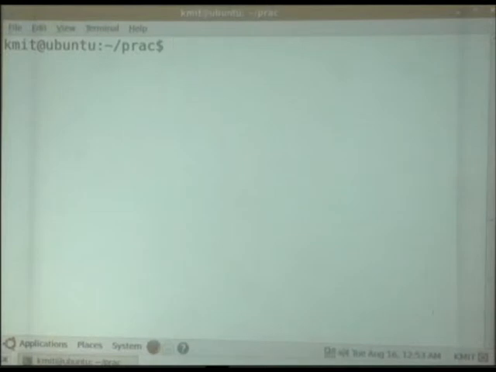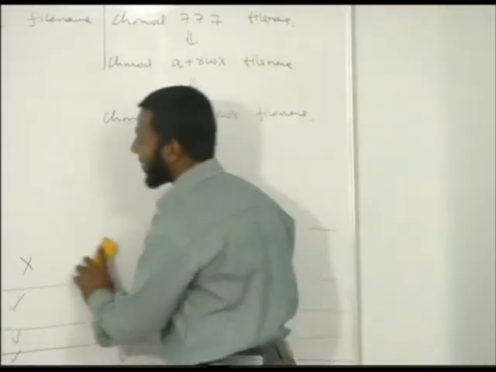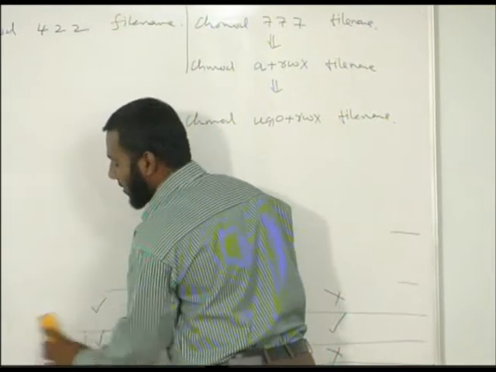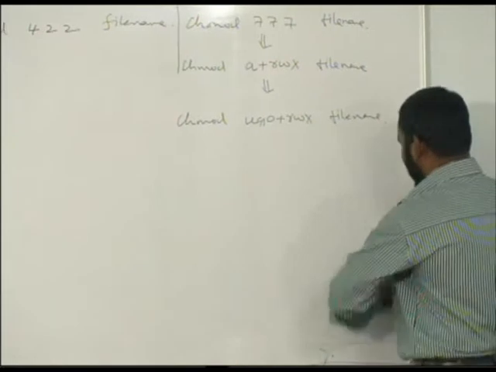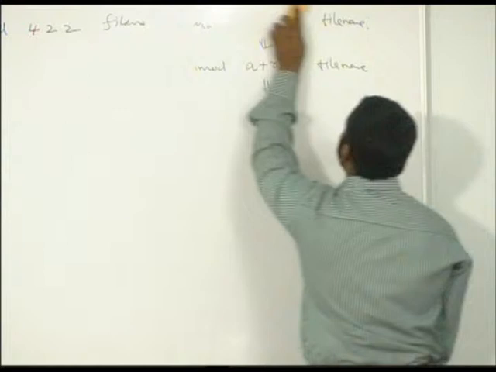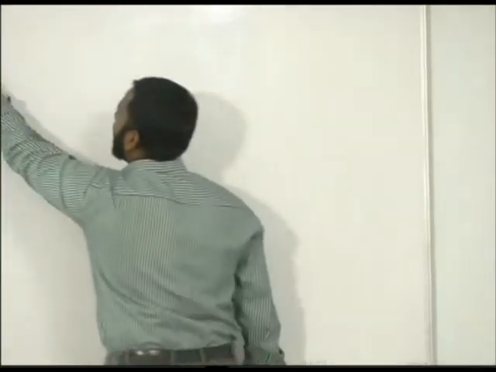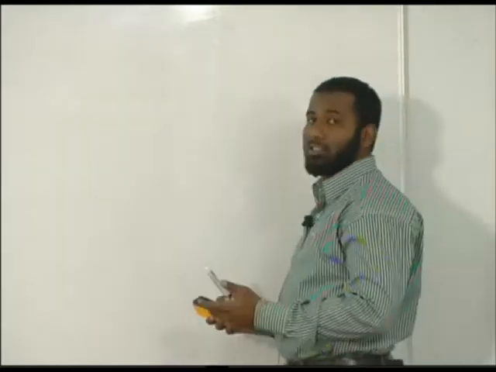So this is how the chmod command works. Now there are other versions of chmod. For example, you can use this chmod command not only for files, but you can also use this for directories. Whenever you use this for directories, every file coming will inherit these permissions. Whatever you create inside the directory will get these permissions. But there are a few default permissions given to every file and directory, which we will see.